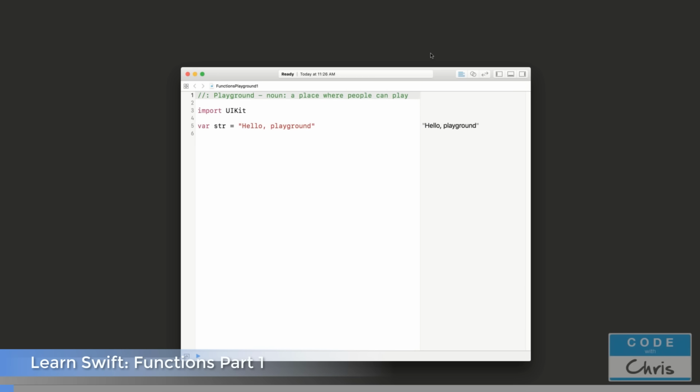Functions are really useful because they allow us to break down and group our code into smaller chunks. And we can organize them so that each function or each chunk of code has a specific task. And when you want to do that specific task, then you just call that function. So let's see how a function is defined in Swift code,